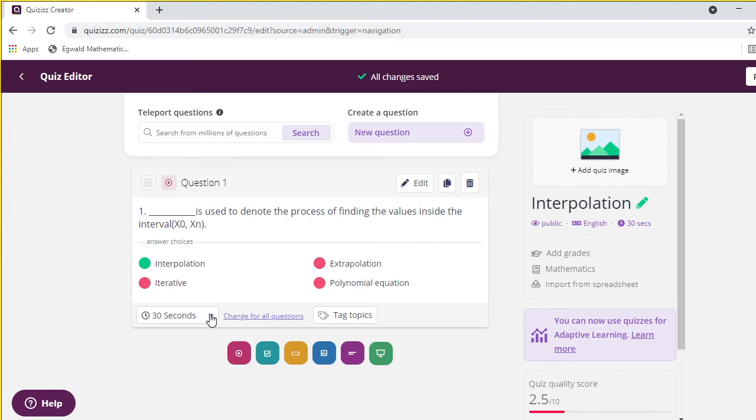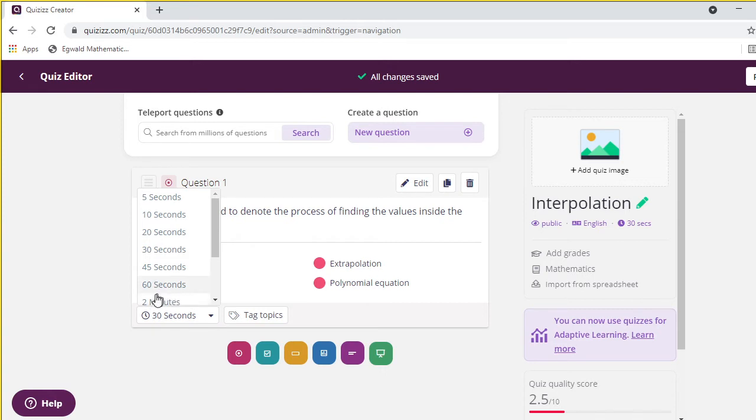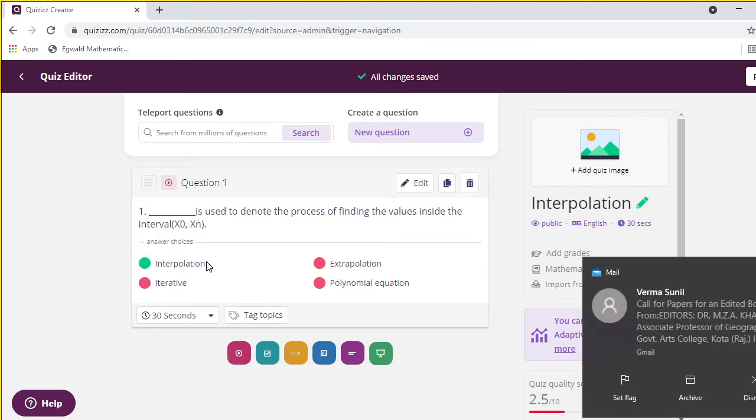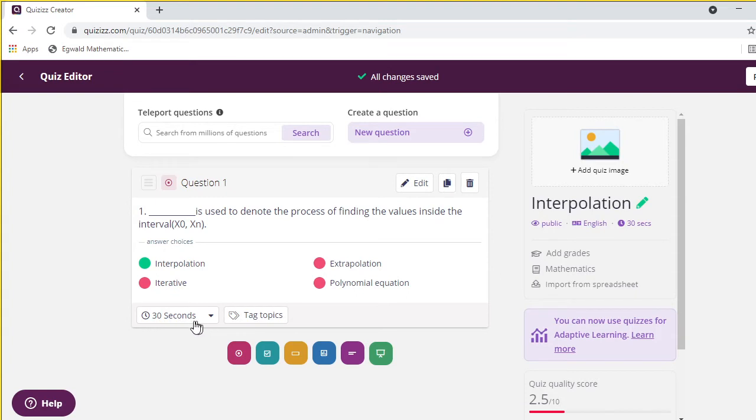You just choose the time. If it is a difficult question, you can give 2 minutes, 3 minutes, 5 minutes and so on. According to the level of difficulty of the question, you can select the time.